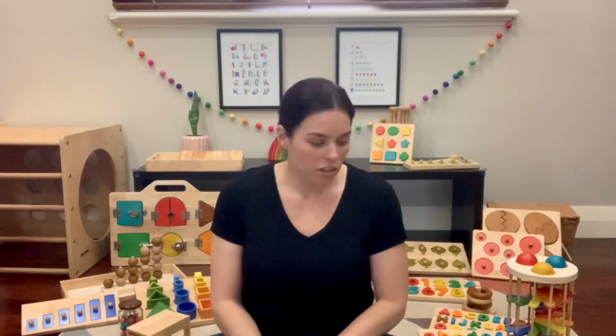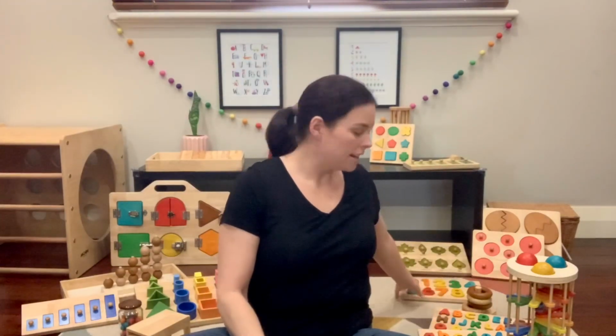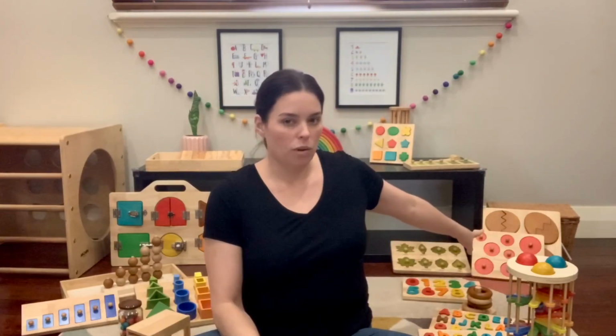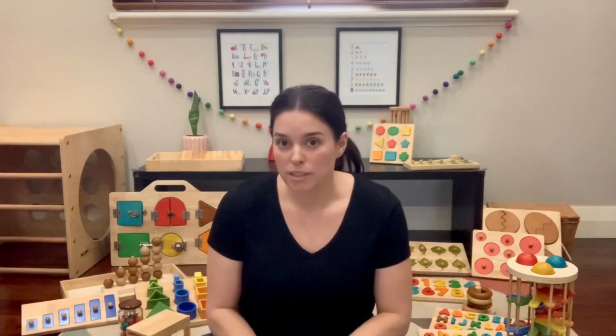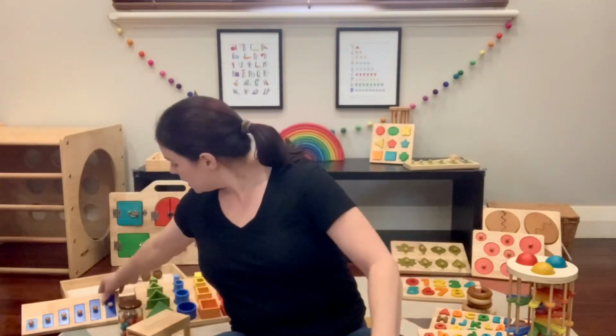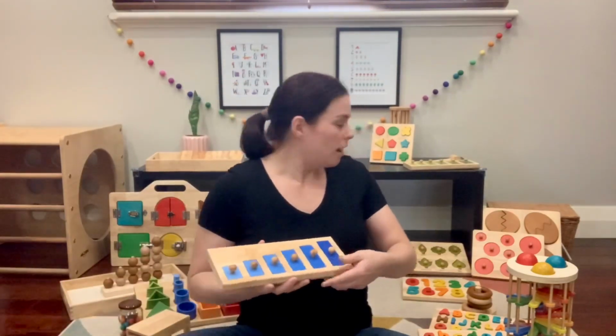Within the puzzle range, you have some more basic puzzles like alphabets and numbers. You've got more specific ones. That circle one back there is probably my favorite and the most particularly aligned to Montessori because there's only one element of differentiation, which is size. These other two puzzles, which are,